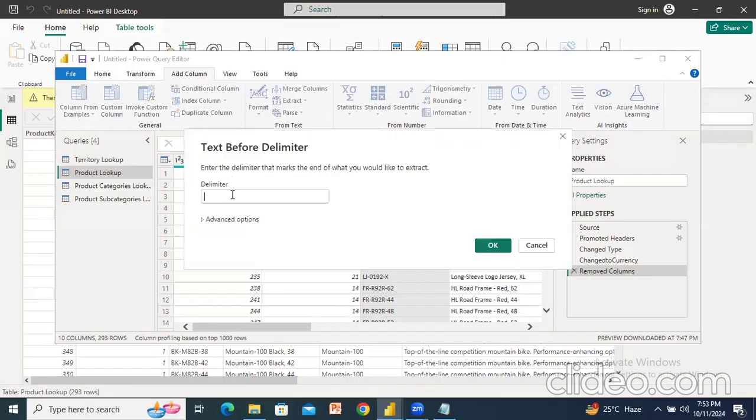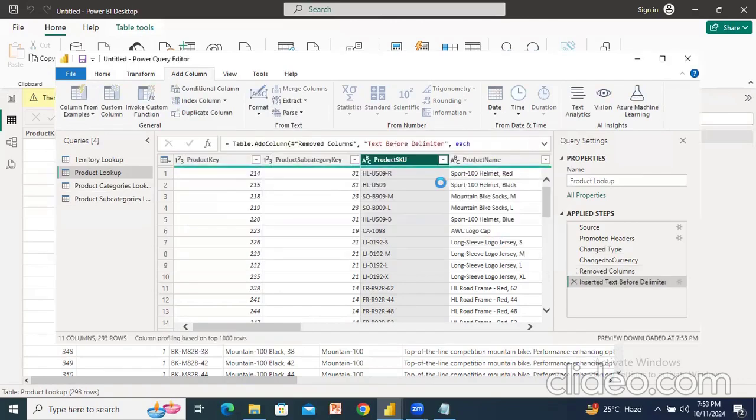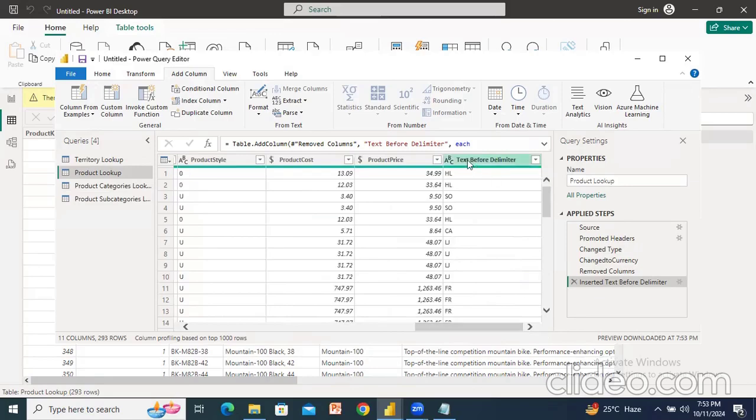So it will ask the delimiter. So which is the delimiter? So here the hyphen, right? I'll give the delimiter as hyphen. Click OK. So once this is done, if you go to the end of the column created, text before delimiter